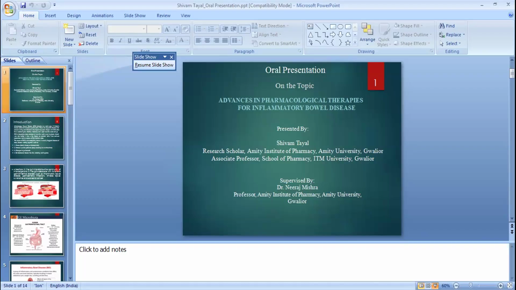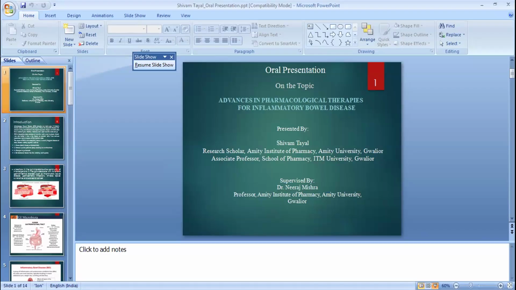So, introduction. What is inflammatory bowel disease? Actually, inflammatory bowel disease is of two types, Crohn's disease and ulcerative colitis. Sir, this is not a short-term disease. It is a very long-term disease. This disease cannot be healed within a short span of time. It makes the patient's life very uncomfortable. The main symptoms of this disease are stomach pain, diarrhea, tiredness, and weight loss.